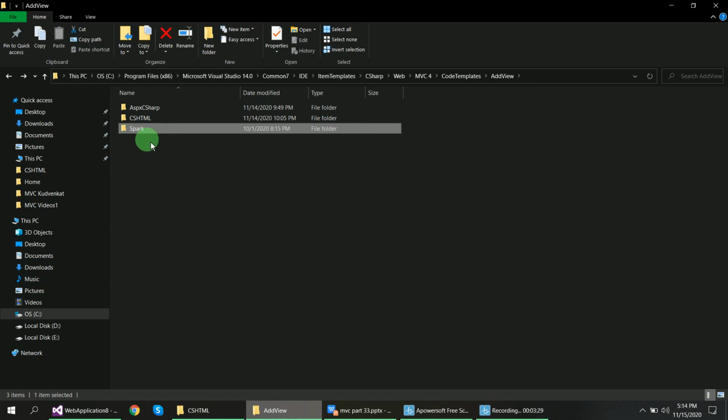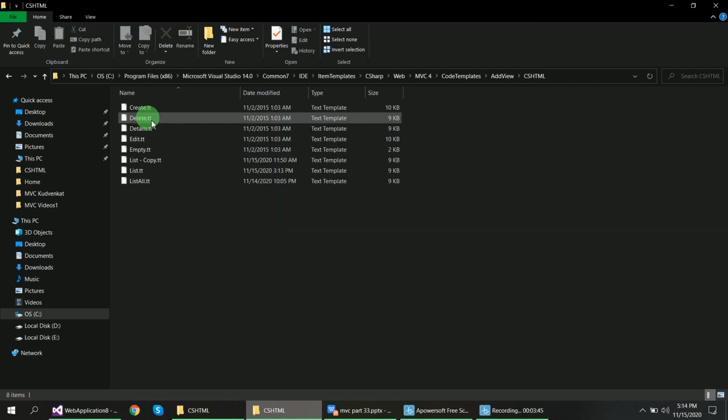These T4 templates display the scaffolding views, like create, delete, index, list, and details. So they are necessary to show the templates.